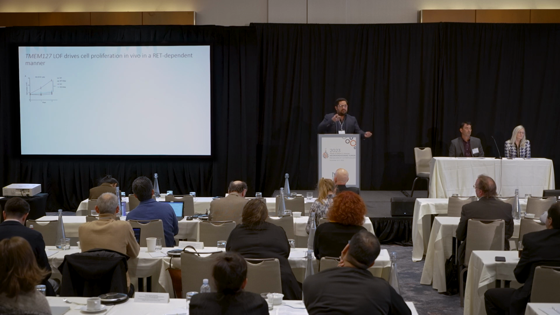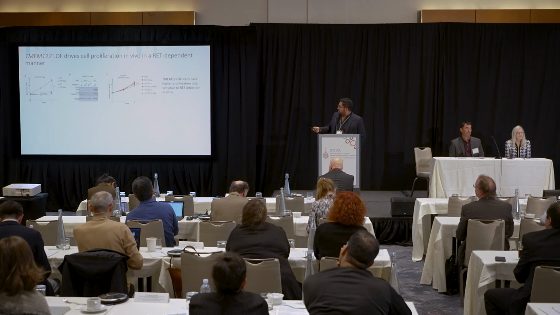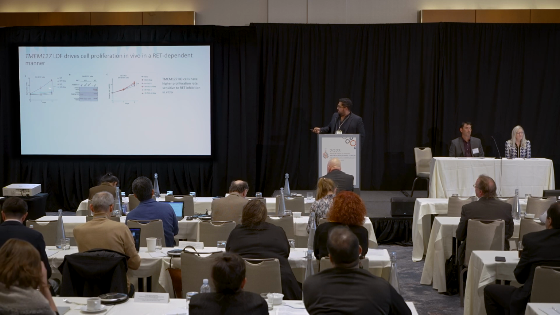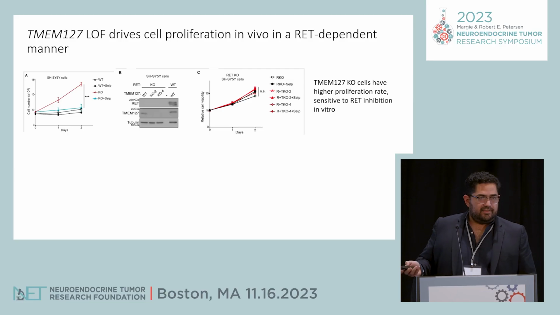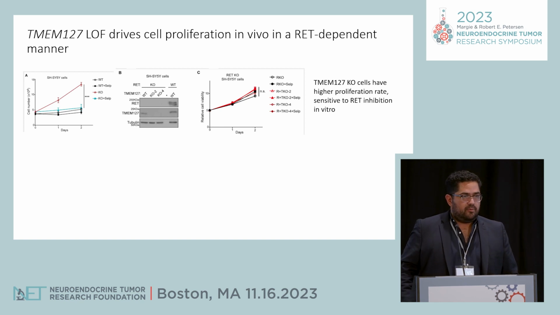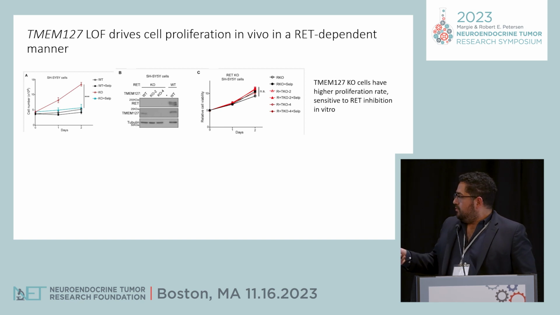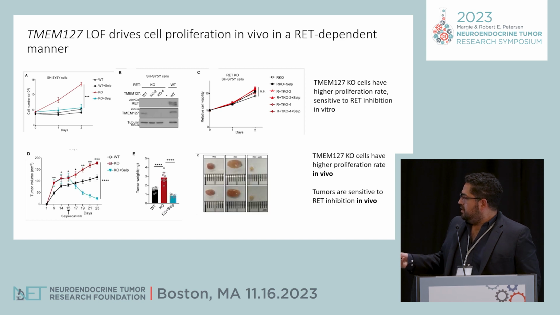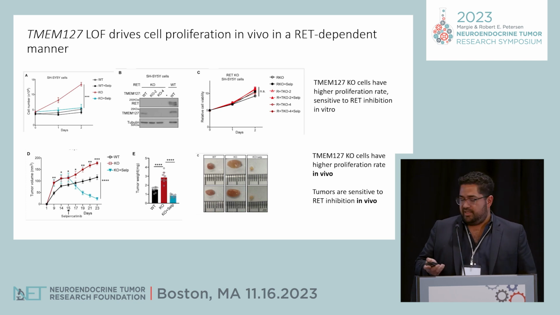So at this point, our model showed that TMEM recruited NEDD4 to target RET for ubiquitination. And as a tumor suppressor, we were also interested in looking at more direct oncogenic features of our model. And we saw that our TMEM depleted cells had a higher proliferative rate, and that these cells were sensitive to selpercatinib, which is a RET kinase inhibitor. We generated double knockout RET and TMEM cells, and we showed that these cells were not responsive to selpercatinib, suggesting that this effect was RET dependent.